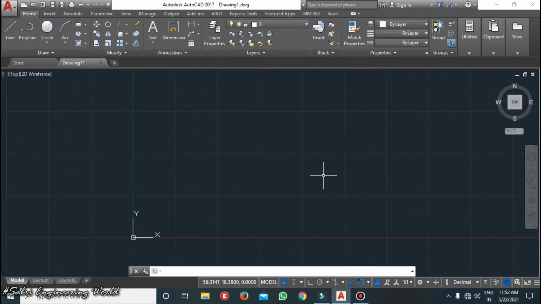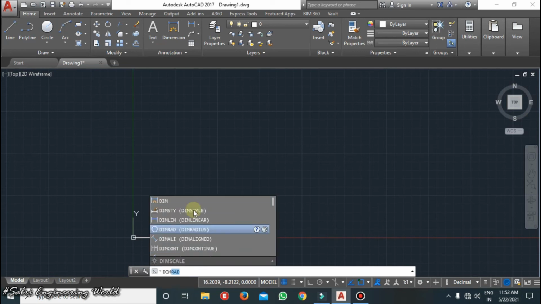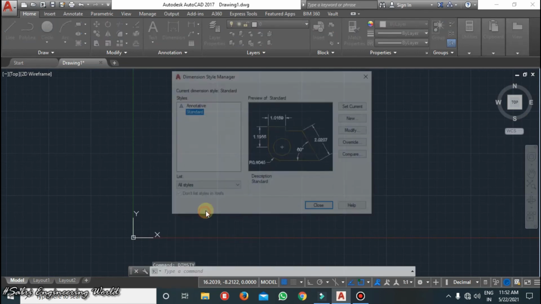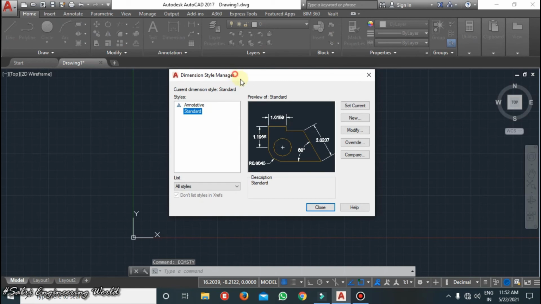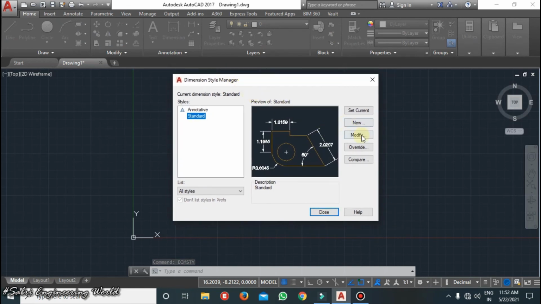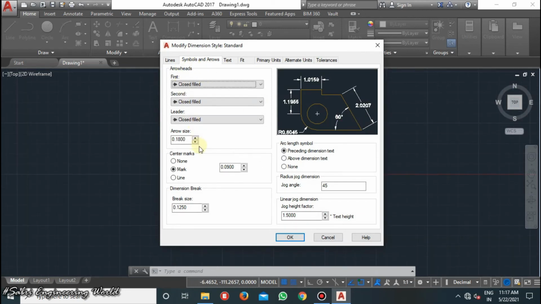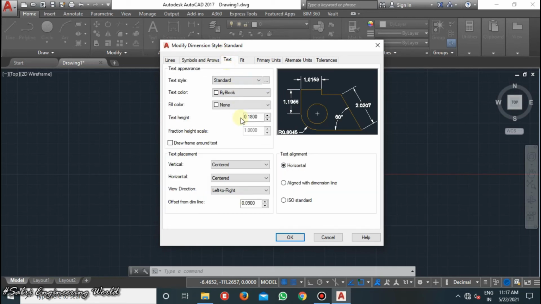What you need to do is select the option, type dim there. There will be dim style. A text box will be there. You need to modify. In modify, you can change the arrow size there, and you can change the text size there.